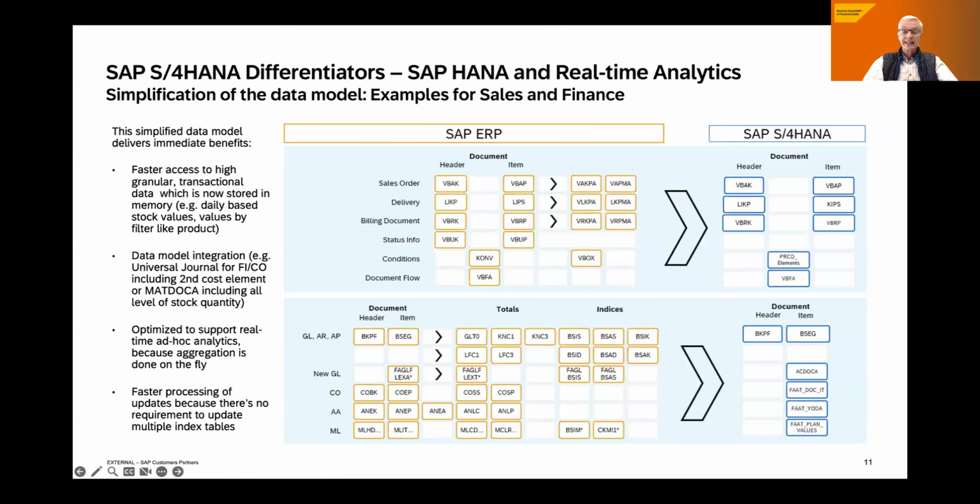And that means, technically speaking, when you do a system conversion to HANA, the technical data structures change quite significantly. Why? Because HANA uses a combination of row-based and column-based data storage. Each of those has its advantages in OLTP and OLAP scenarios.